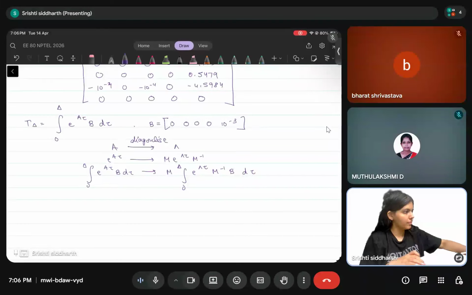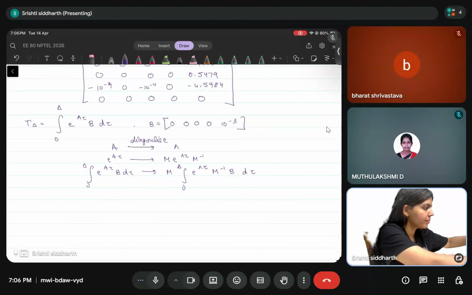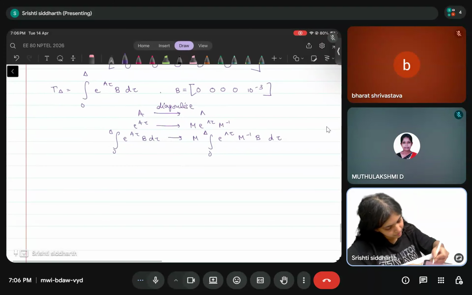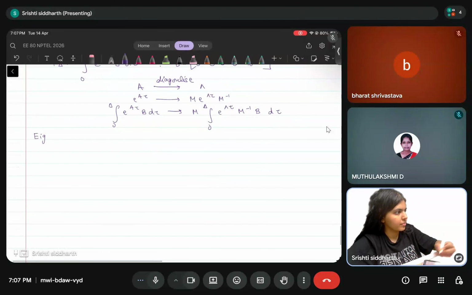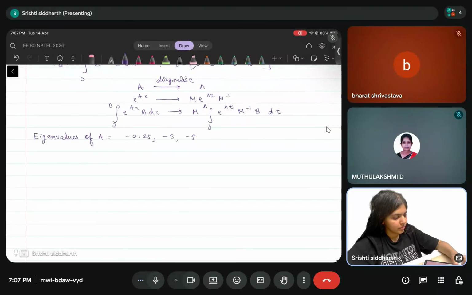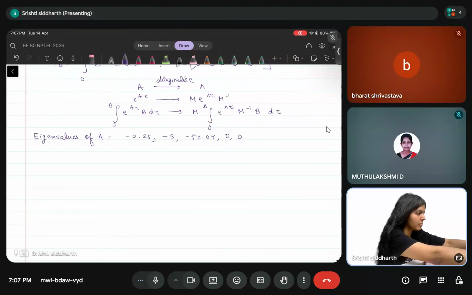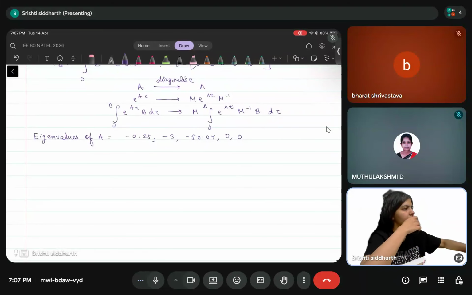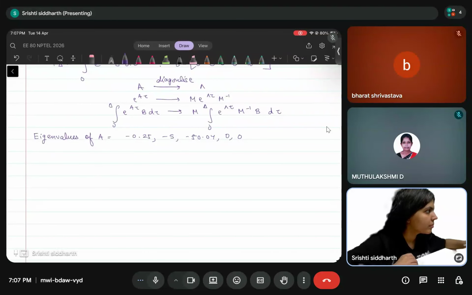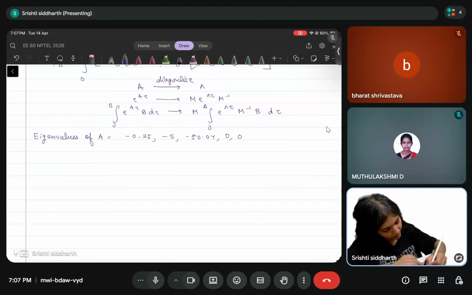So we have eigenvalues of A. Let's see. Okay, so eigenvectors of